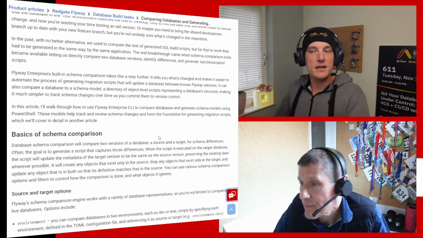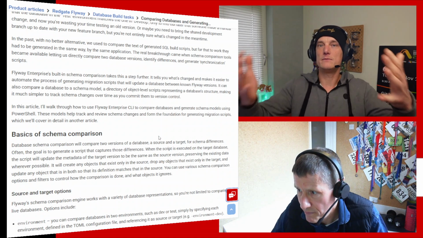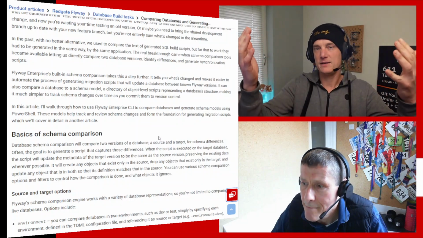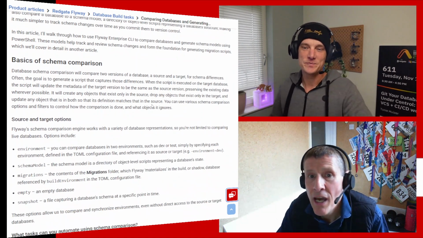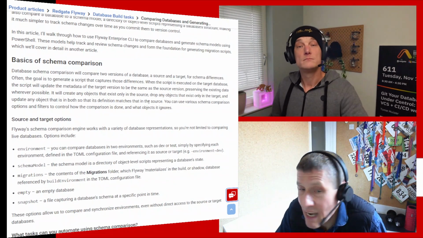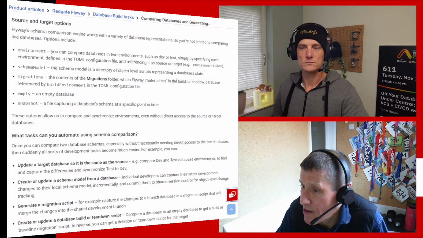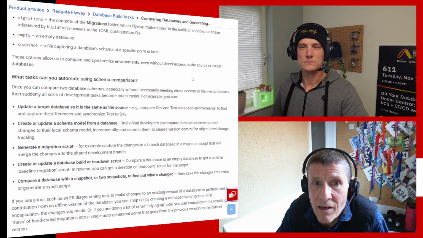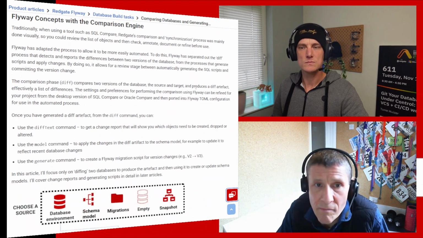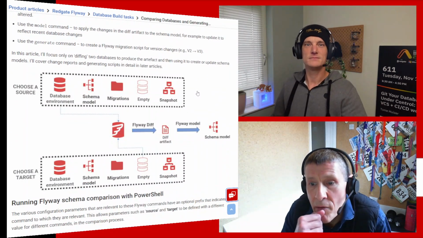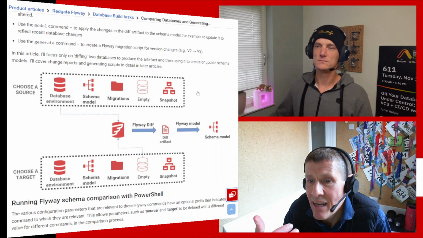Yeah, and the keywords were already there, but they were in a separate CLI, which is now merged into one big happy Flyway CLI. So this is Phil taking a first look at how all this works in the Flyway CLI, going through the basics of schema comparison and what you can compare as the source and target of the comparison. You can compare databases, a database environment, and there's a list there. There's the diagram. So it's a general introduction to it all.